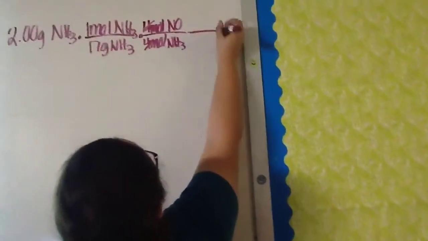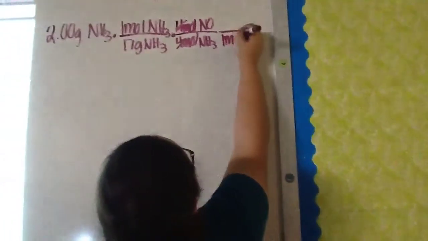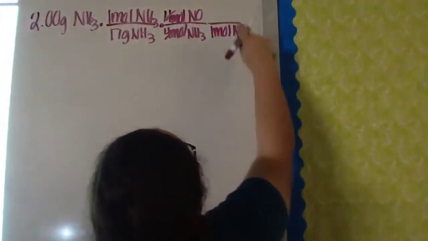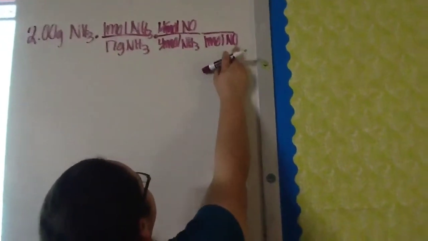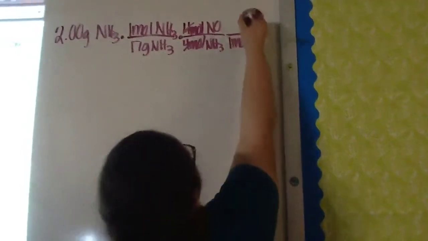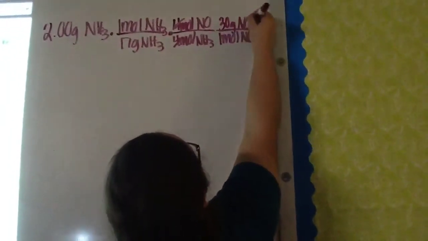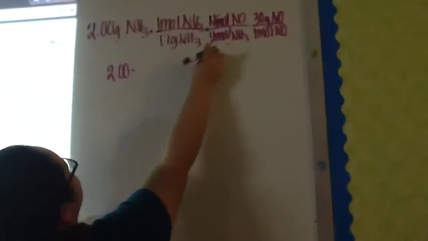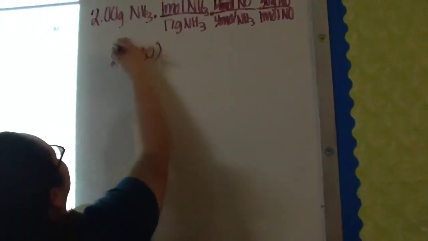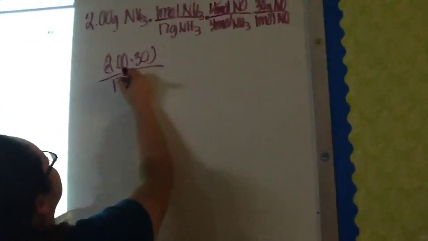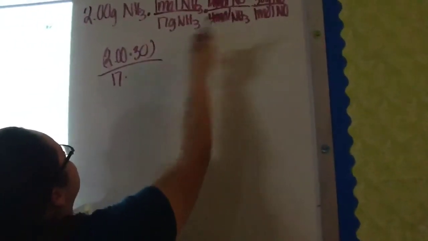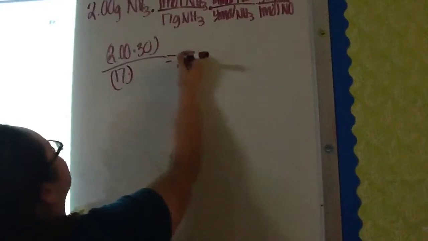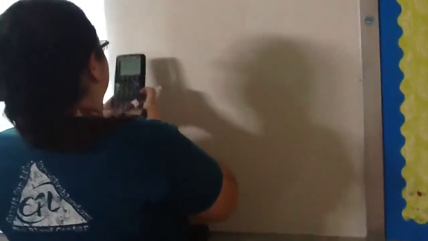And then you find the grams of nitrogen monoxide. So 14 for nitrogen and 16 for oxygen, so 14 plus 16 is 30. And then you multiply all of it out, so you have 2 times 1 times 1 times 30 over 17 times 1, because you cancel those out, times 1. And you get 3.5